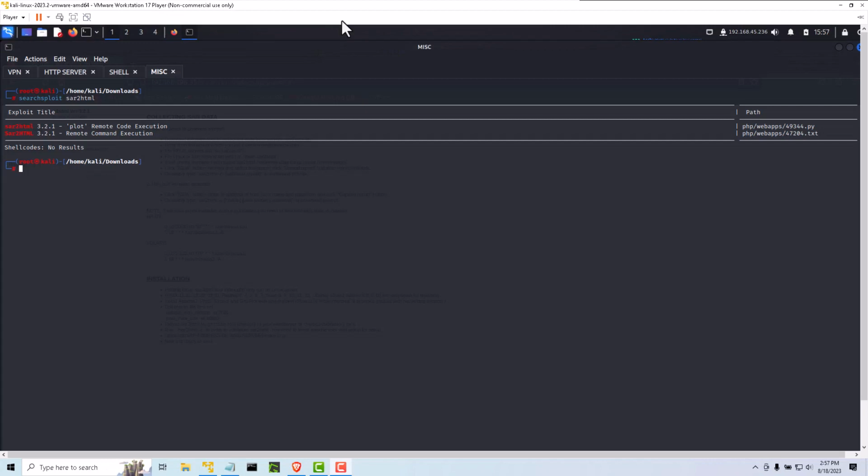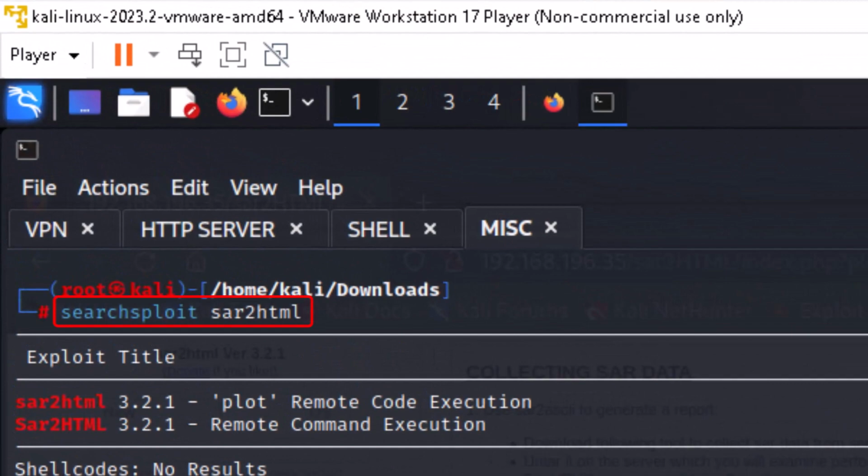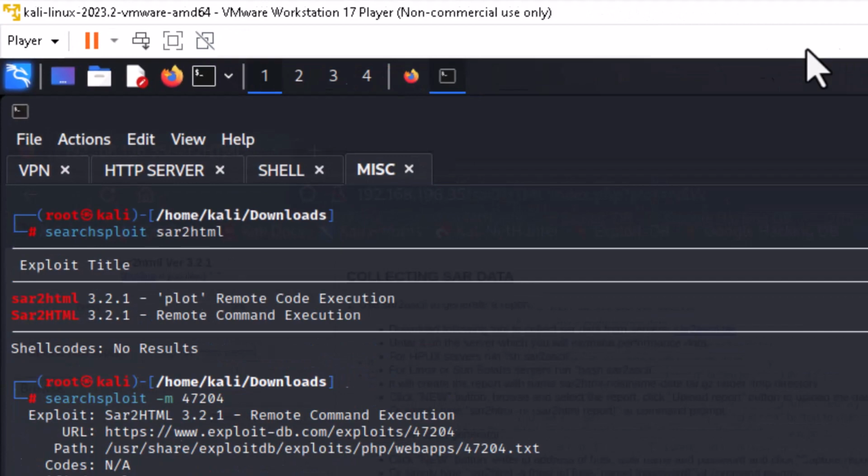Before further testing, I decided to check to see if there were any exploits available for sar2HTML in searchsploit. I ran the following searchsploit command shown in the CLI. The results show that there are 2 exploits available. Let's look at the text file